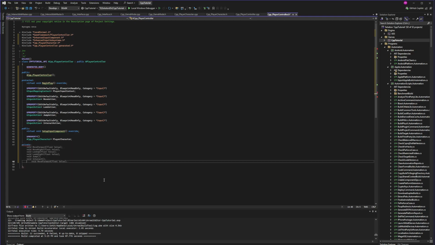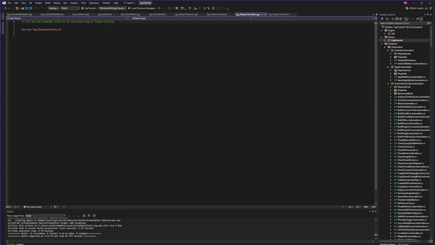So now let's do private, and this is going to be where all of my movement functions will be. Okay. We need to pass in a reference to the action value from our enhanced input, which is F input action value. Okay. So look, jump, interact. Okay. So that's all we need right now. Let's hop over to our C++ file. Oh, actually, you know what? Let's